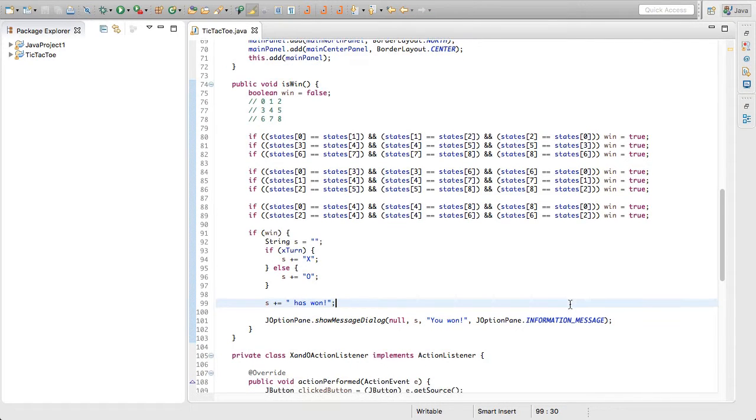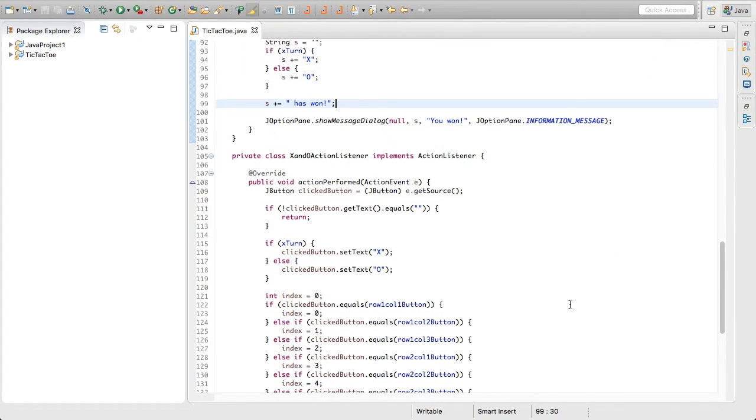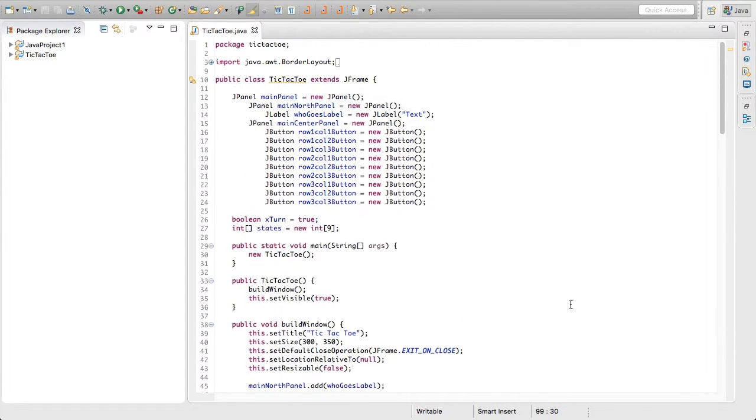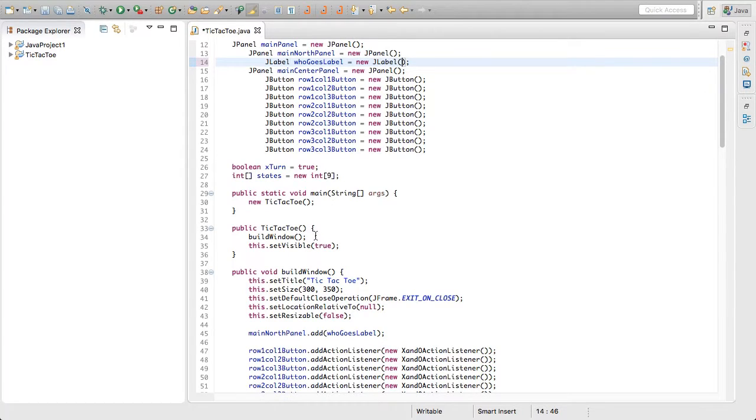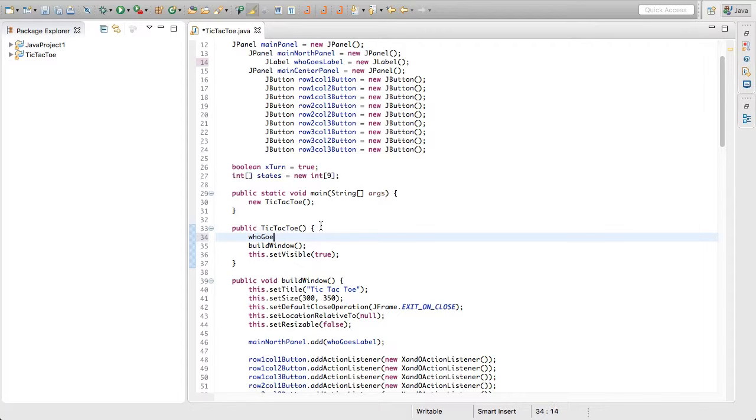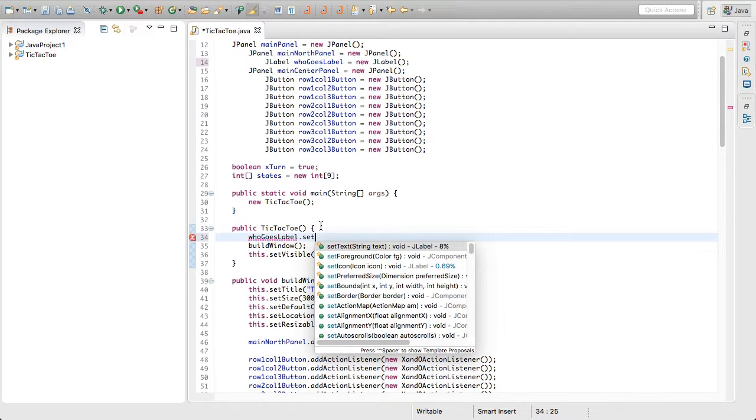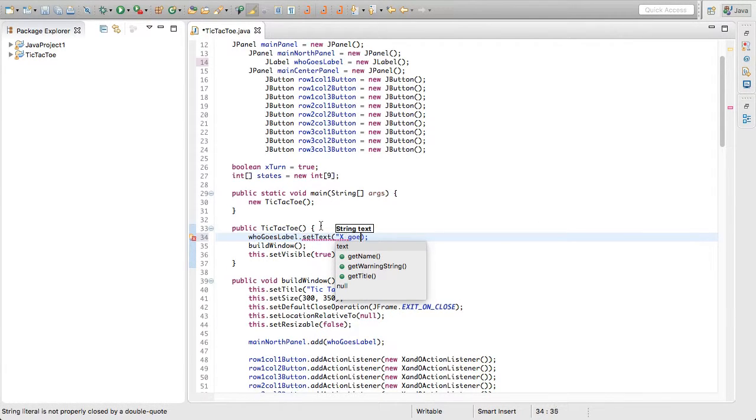So there's a couple more things that we want to do. You may remember that at the top of our window we actually have a text label that we have default to just saying text. So we're going to just make it say, actually we aren't going to put anything in here so that we can actually have the game reset, which will be in the next episode. But for now, let's just stick it right before build window. So the who goes label, we'll just set its text to X goes first,